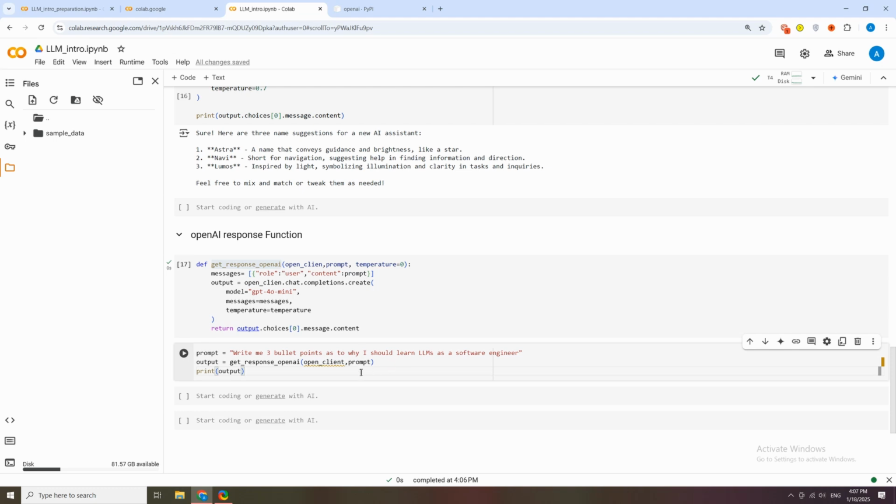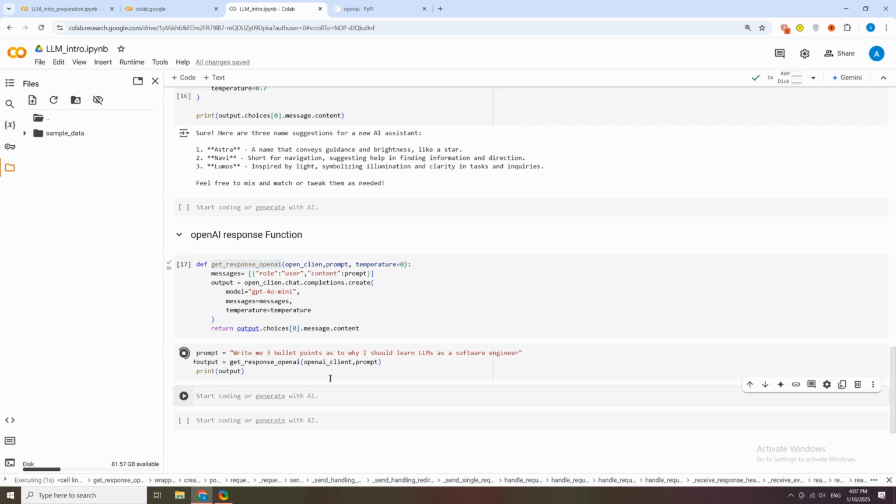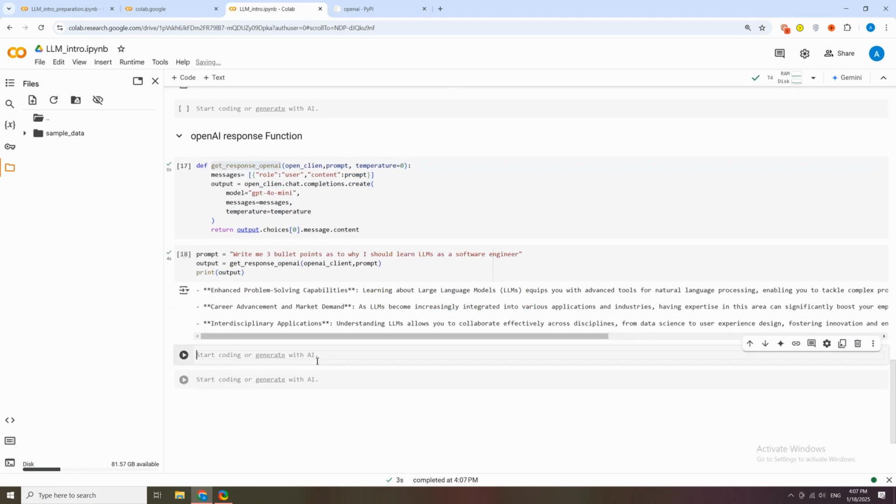I think I misspelled this, so it's OpenAI client, so you can just run it. Now, you can see the output as enhanced problem solving, career achievement and market demand, and